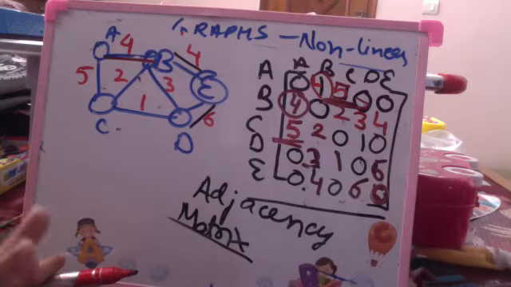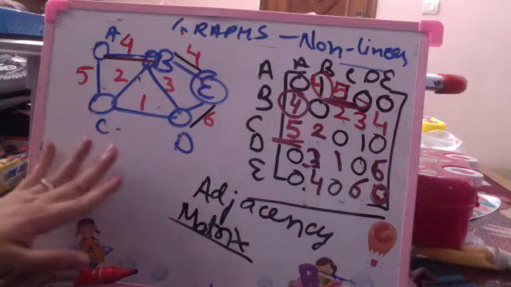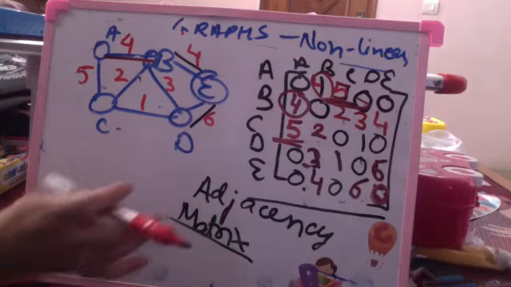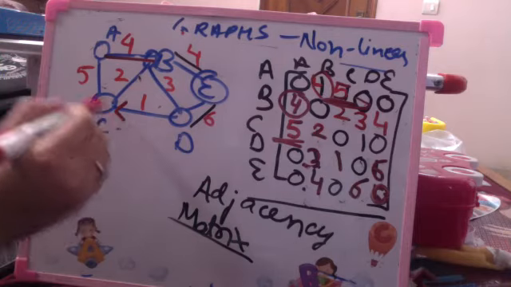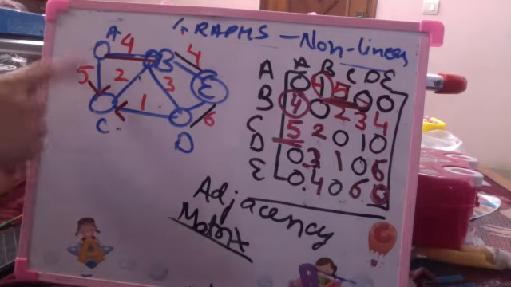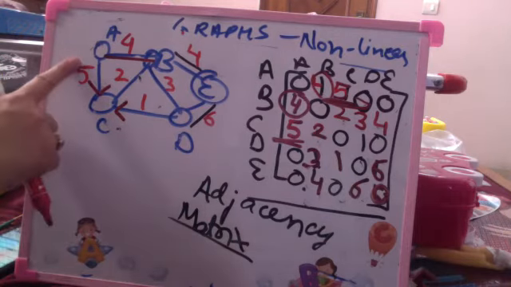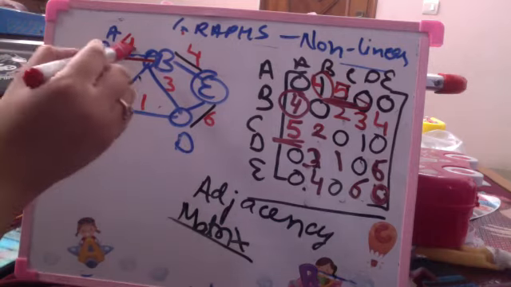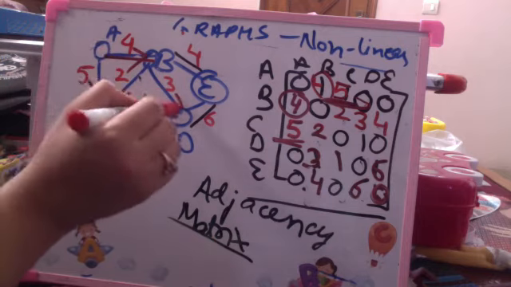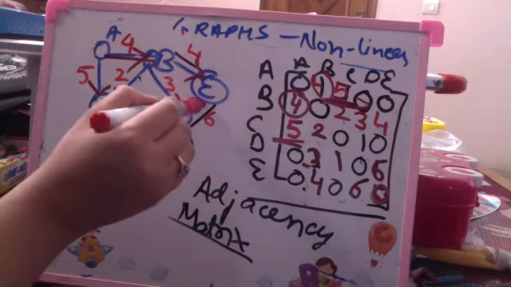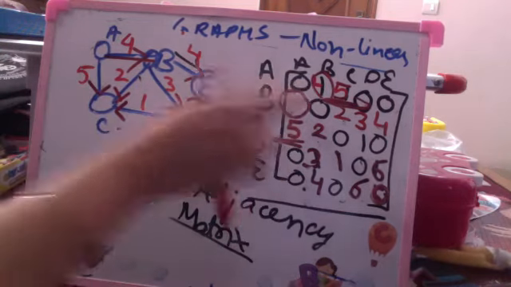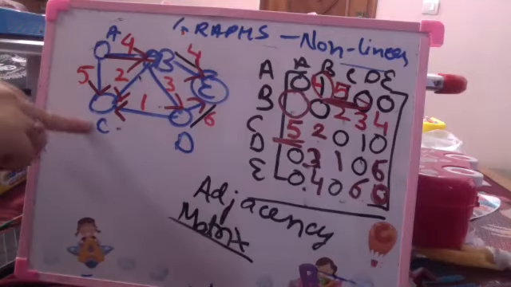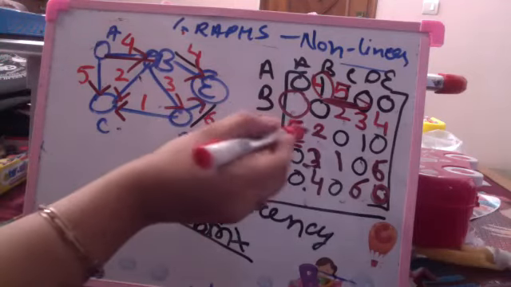Are all of you able to understand till here? Adjacency matrix representation, in case it is a directed graph, I will be only storing the edge from A to C and not from C to A. Is that okay? In case it is a directed graph, some edges will go 0. A to B is an edge, B to A is no edge, so this goes 0. A to C is an edge, C to A is no edge, so C to A again goes 0.